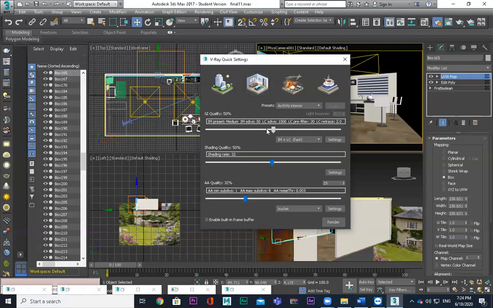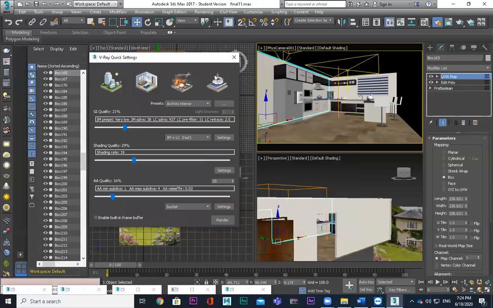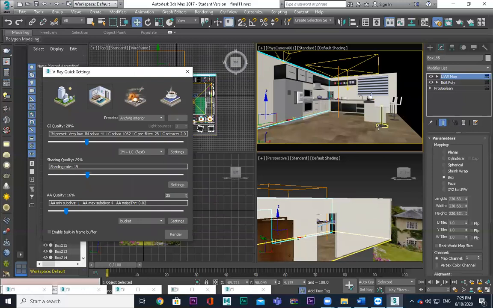So if you just select this interior and GI quality, just change all these things, make it less initially. The more you make it, the better the quality, but the more rendering time it is going to take. Okay, so you check that accordingly, because each model has different polygon count and different texturing and different lighting setups. So you need to change this manually and you need to render and see which one is coming good. That's it. Don't give too much hype, because it's eventually a video file. Nobody is going to stop the video and see each and everything in detail. Okay, so make it low, medium or something, so that it takes less time to render, and then you do your rendering setups over here.